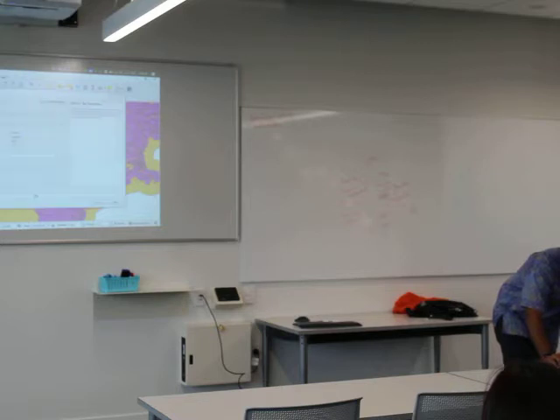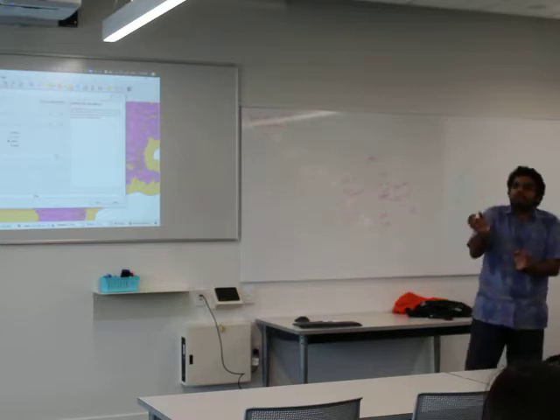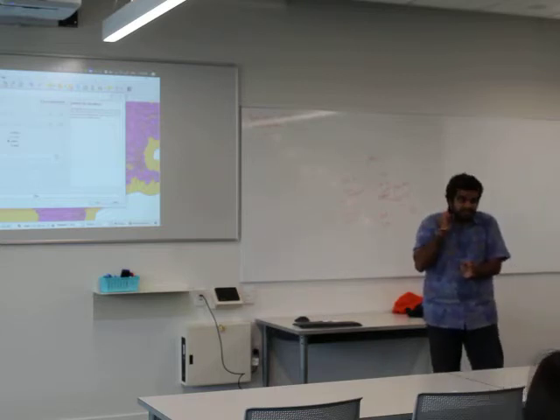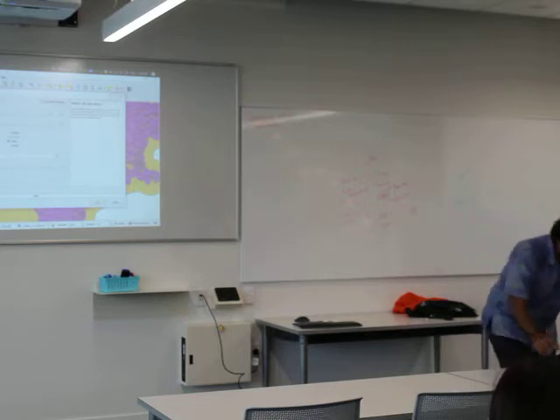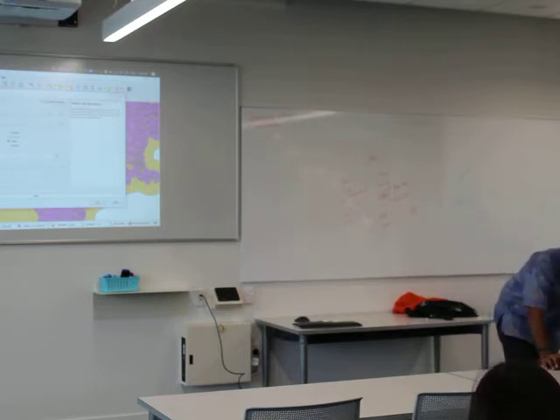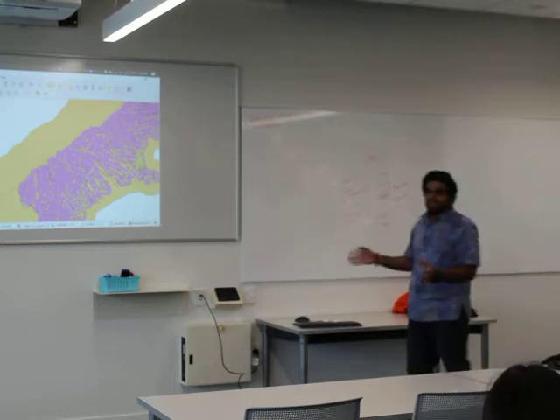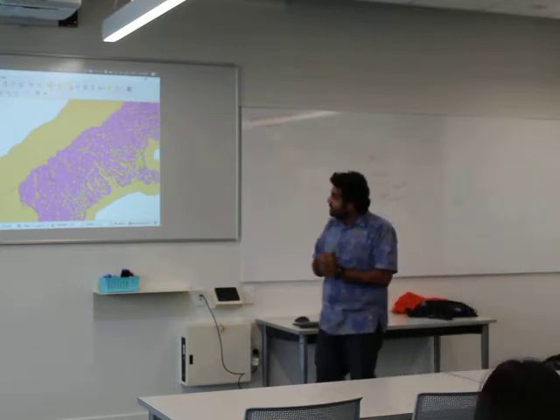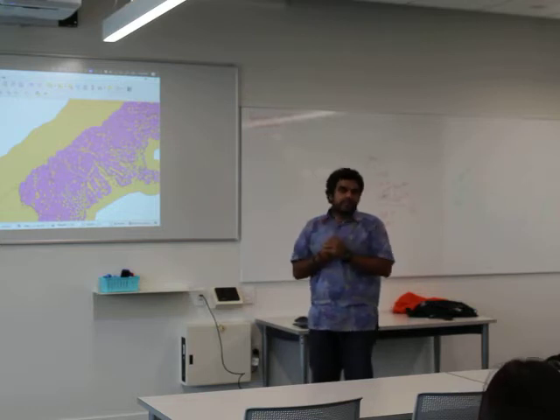This time the layer to select from is Canterbury places, and your intersection layer is your buffer, right? And we want within, or maybe we can even do intersects. Even if it's on the border of the buffer, I want to pick the city. Yeah? So I'm going to do that, and then I'm going to run. Boom. So here are all my cities that are within 5Ks of my river that are under threat,